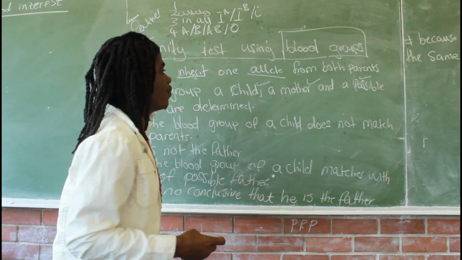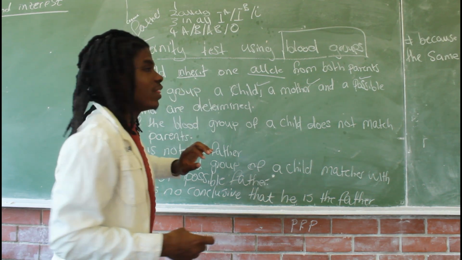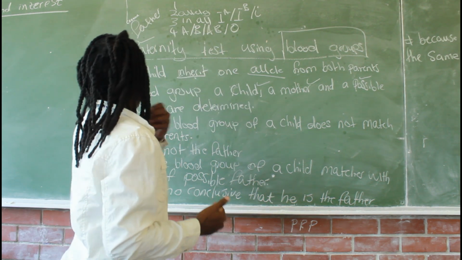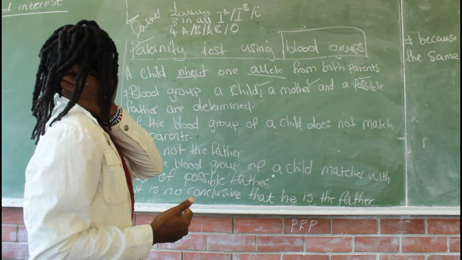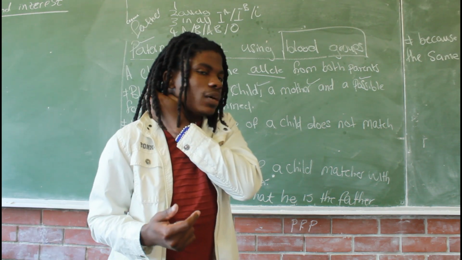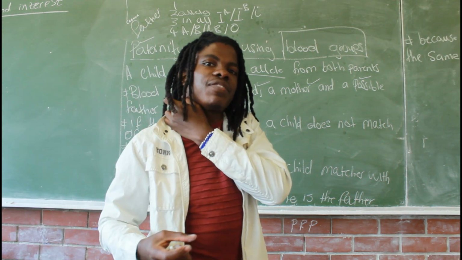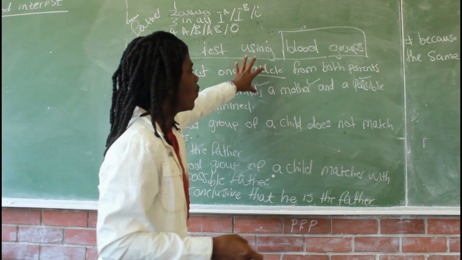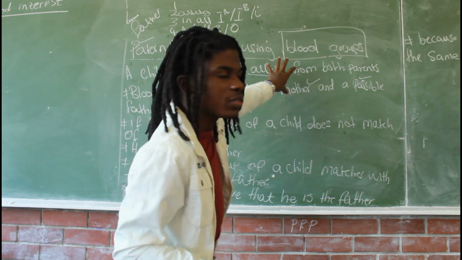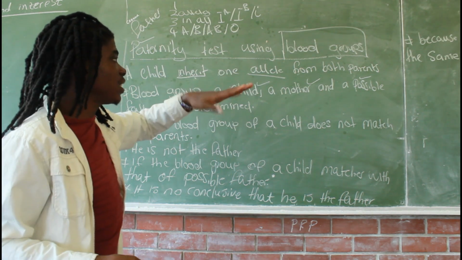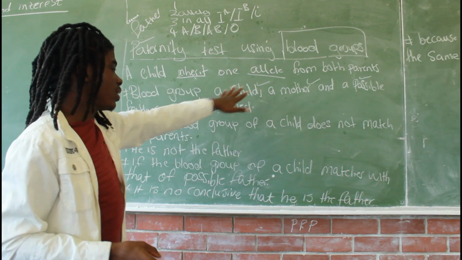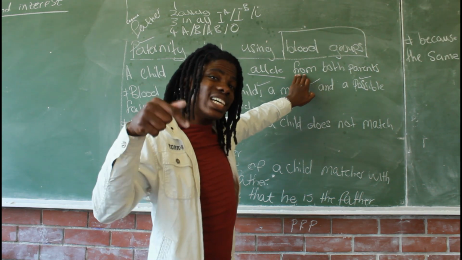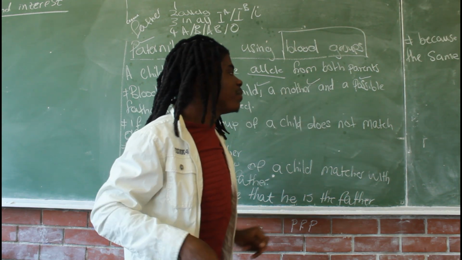So the first thing you need to write must always be in your head when you are talking about things that can be inherited. It's better and safer to always start with this point: a child inherits one allele, or whatever characteristic is being talked about. In this case, because we're doing paternity testing, we are dealing with alleles. A child inherits one allele from both parents. What does this mean? It means during meiosis,